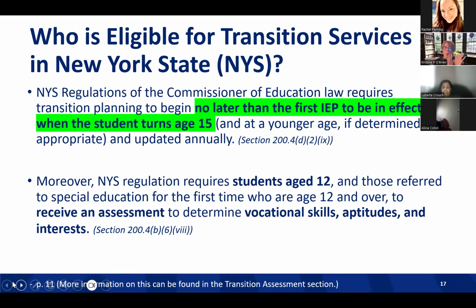Then, if you remember why I asked you earlier, the very first part of transition planning in New York State is called the age 12 assessment. It used to be called a level 1 assessment. The good news is it's called age 12, so we remember to do it at age 12. This is an assessment that is an interview with the student, with the teacher, and with the family members, your parent, guardian, probably one family member, to talk about